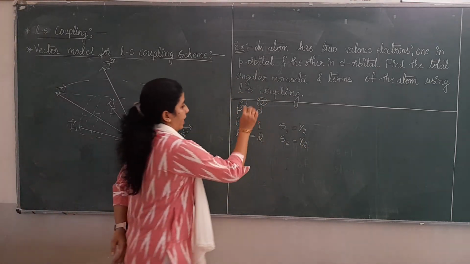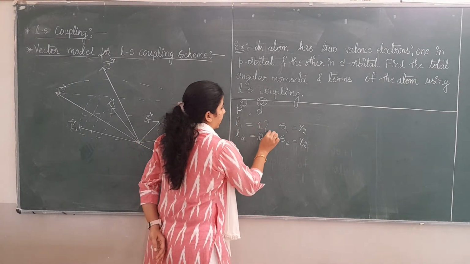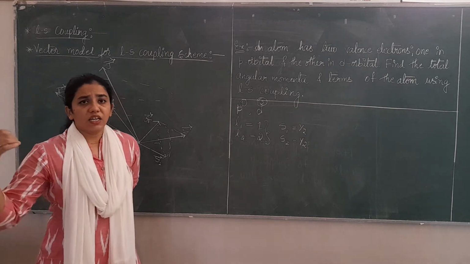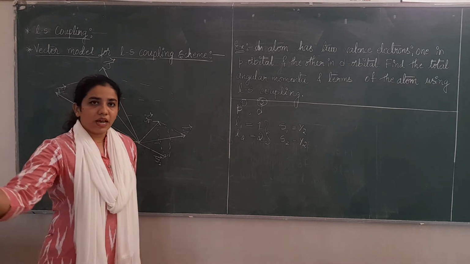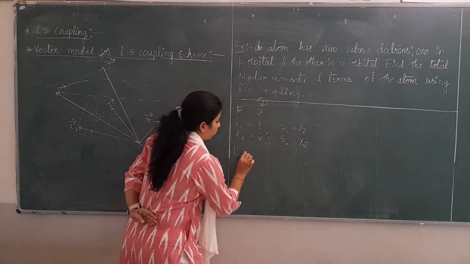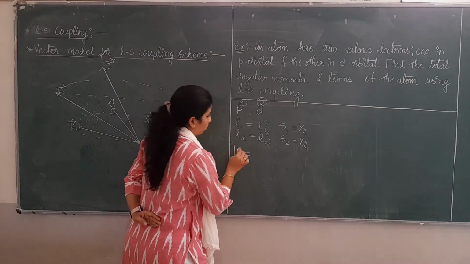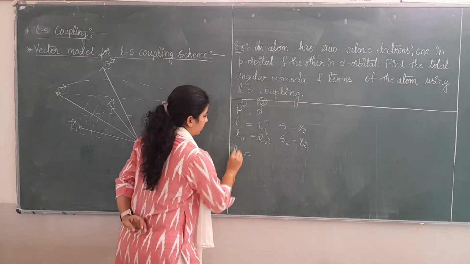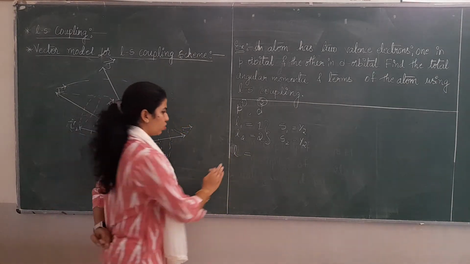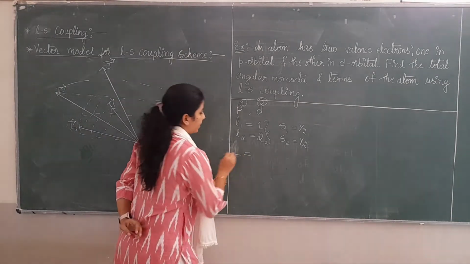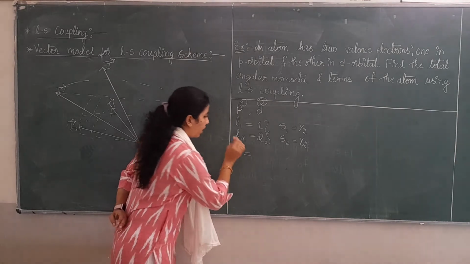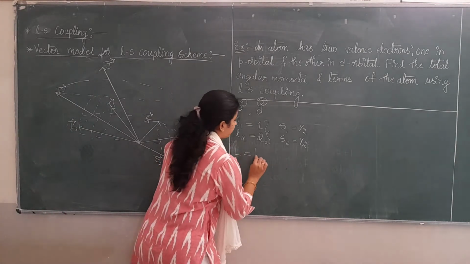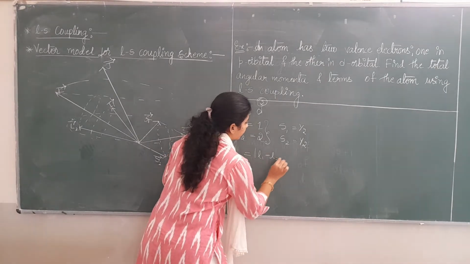Now L1 and L2 are going to interact with each other to give a resultant orbital quantum number. In our explanation we have taken small letter l, but it's okay, you can take capital L also. If you denote the vector symbol, then it will be different. L has values from mod of L1 minus L2